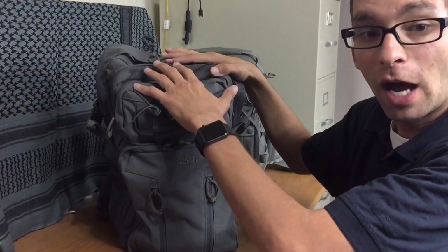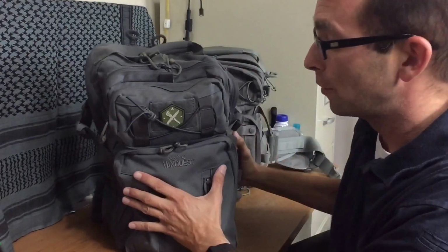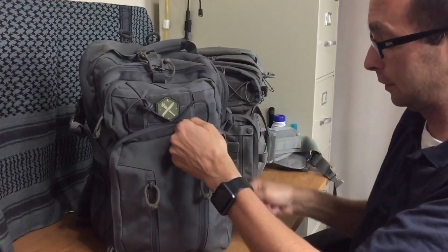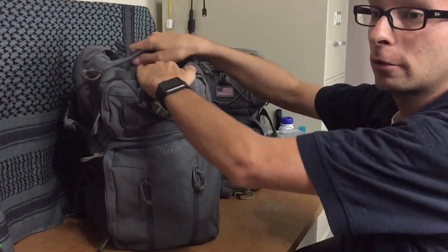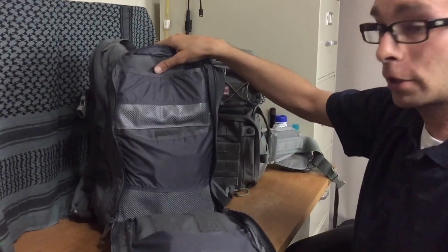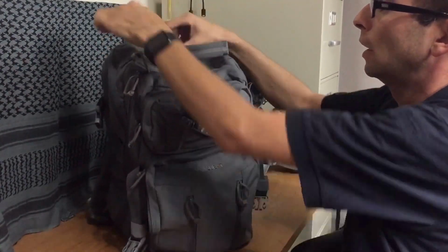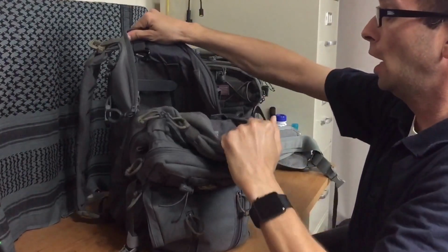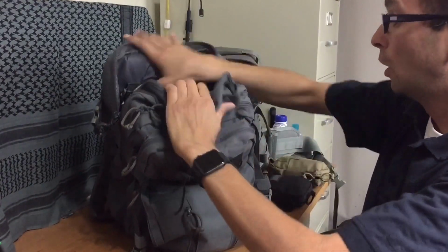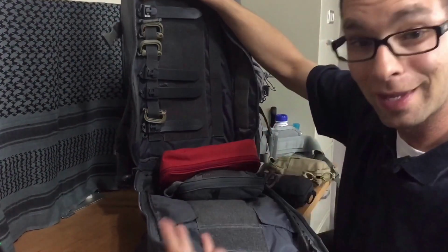Now you can access them from the top, but they're generally set up as that side entry that I showed you a moment ago. Now with the Falconer-27, it's set up to be a clamshell where you have one on the bottom like this, and then you have another clamshell, and let me probably disconnect these compression straps. You have another clamshell opening here, and then in the very back pocket, the third one back here, you also open that, and you can reach down to the top and pull out your organizers like this, or you can also open it all the way up like a clamshell and get all of your stuff in and out of the bag,